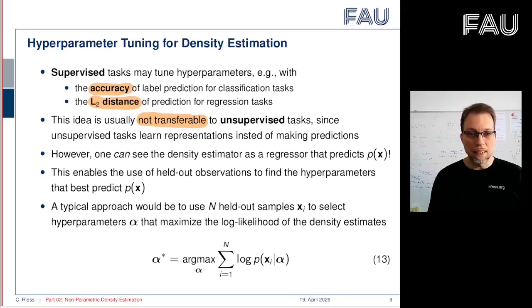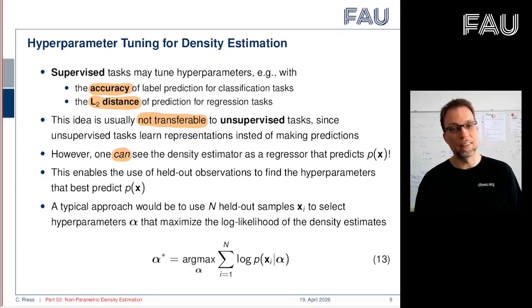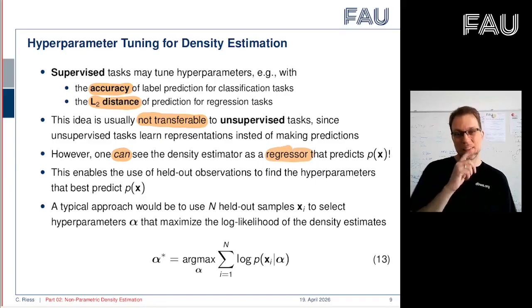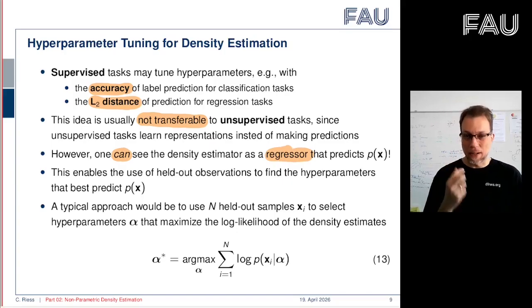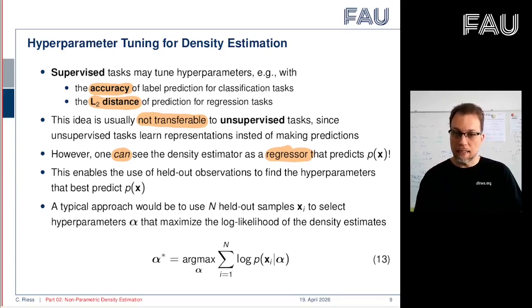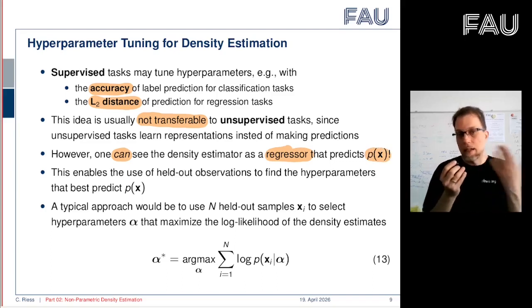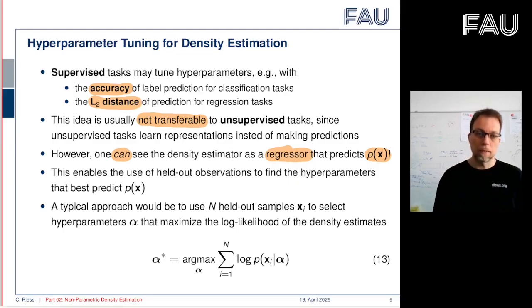However, in this case, with our density estimators, one can interpret them as regressors, which is kind of an exception. One can see a density estimator as a regressor that predicts the density at location X. This is a continuous value, so it's a regression task, not a classification task, clearly. But this means we can use held-out observations to find the hyperparameters that best predict the density at location